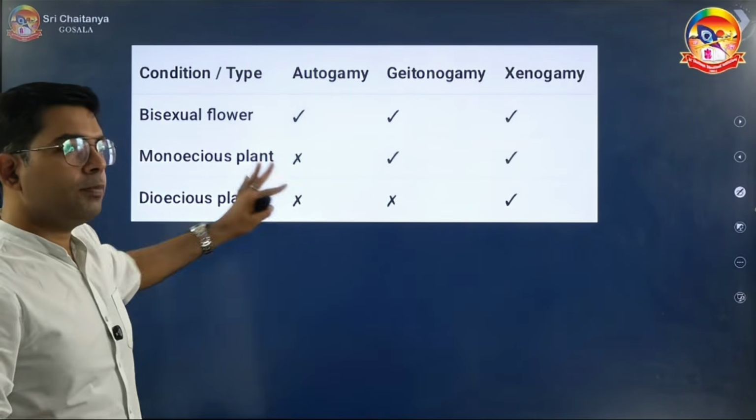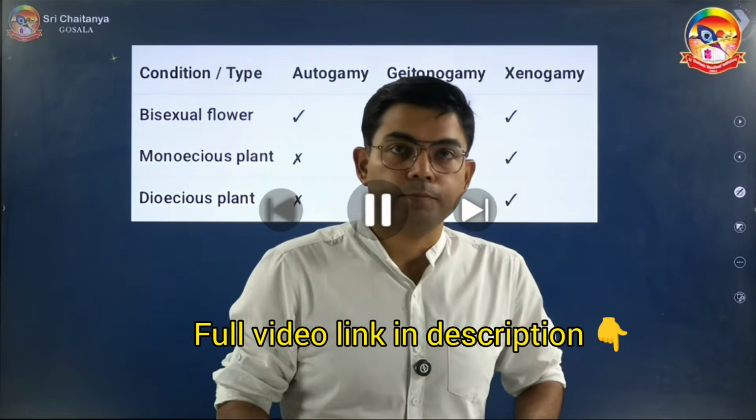Then this is another point related to pollination. In pollination, we have known